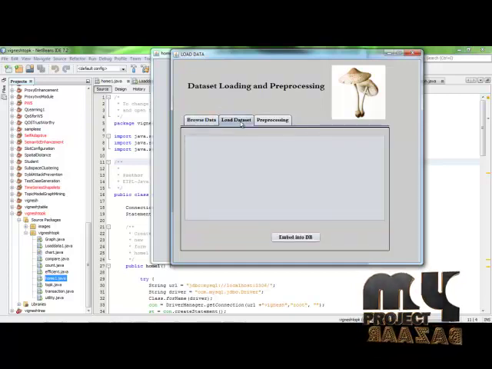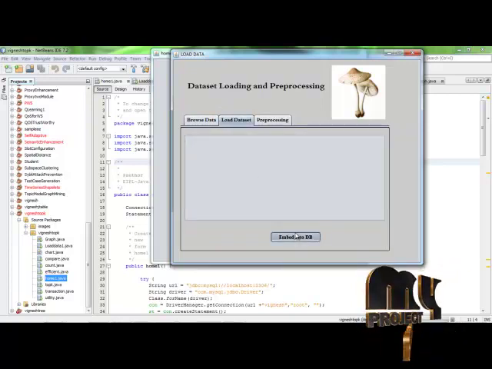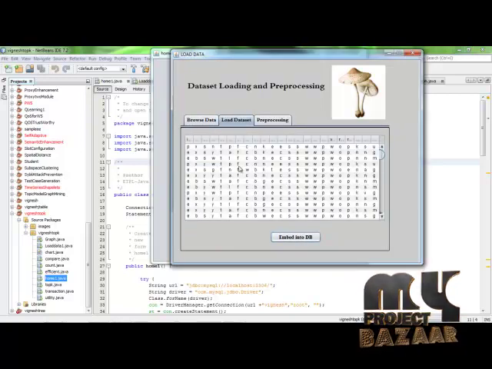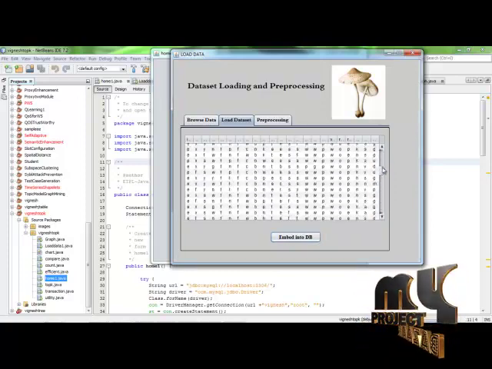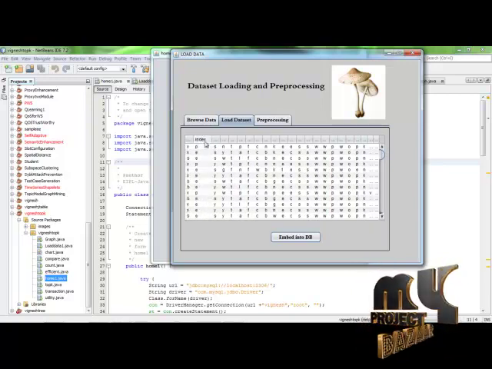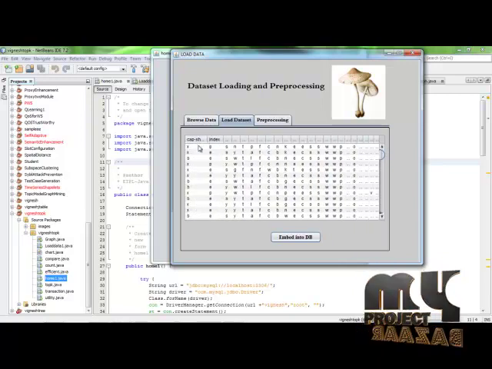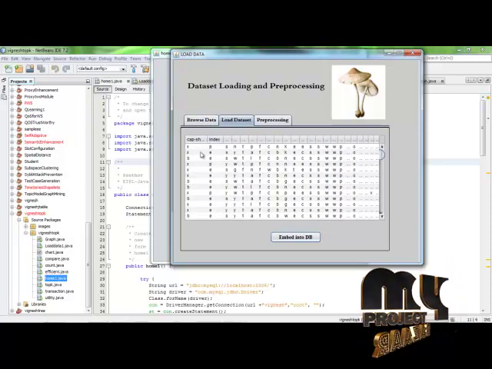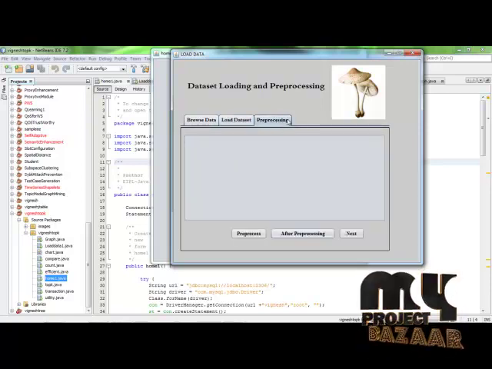After that, we have to load the data set into a database. The data set should be loaded in the database. This is the field named data set name. This is the name of the data, and it can be separated as a field.